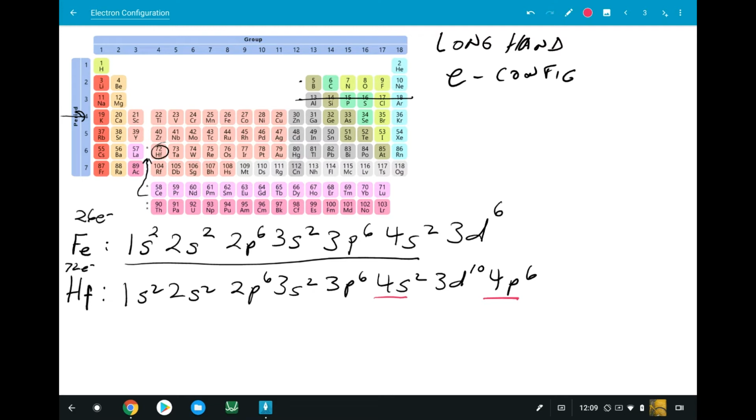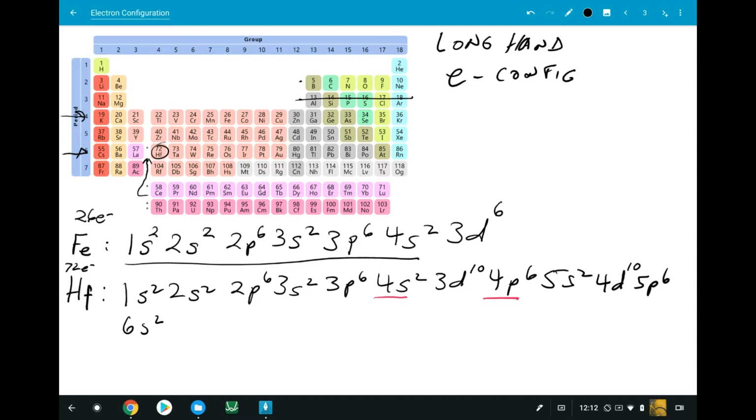So once I'm through with the 4p, I'm in the 5s. Let's change the color again. So 5s2, 3, did I just say 3? Okay, we're in the 4d, 4d10, and 5p6. Notice how I was able to correct myself. Now, we're at 5p6, so cycling our way down, we're now at 6